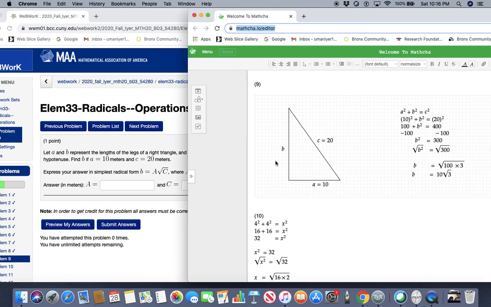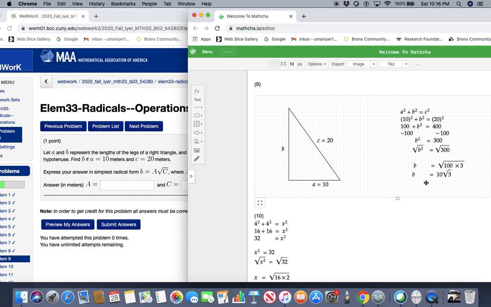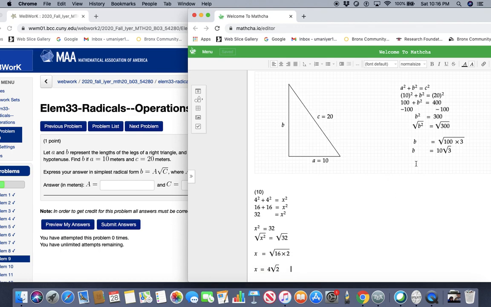Okay. Pythagorean theorem says A squared plus B squared is C squared. Notice C is the hypotenuse, so the hypotenuse always is by itself. The other two sides are squared and added, whereas the hypotenuse squared is by itself. Now A is 10, so 10 squared plus B squared is 20 squared. 10 squared is 100, plus B squared equals